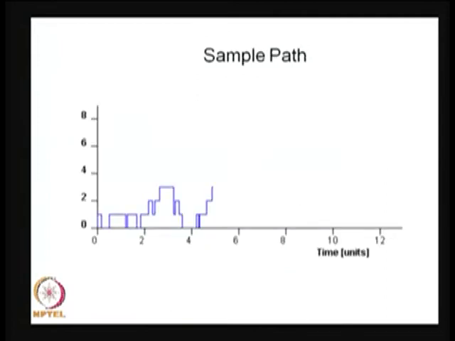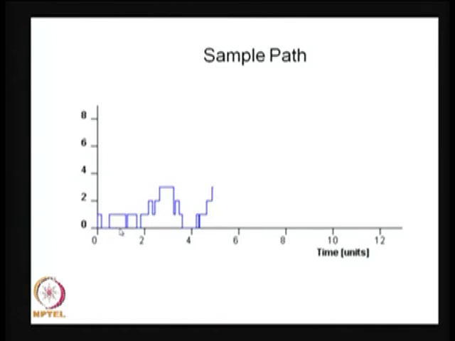So, this is a sample path. Suppose at time 0 there is one customer in the system, then service is over, then the second customer enters the system. Now, the number of customers in the system is 1 and so on. So, this duration is the service time for the first customer, and from this point to this point, that is the inter-arrival time of the second customer entering the system, and from this time point to this time point, that is the service